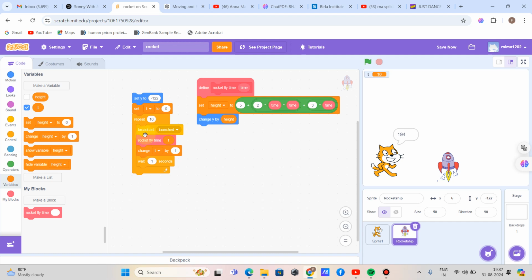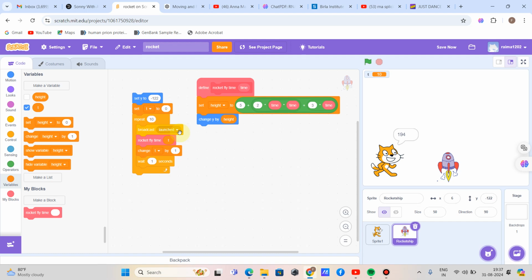Then I used another block named broadcast. So what does the broadcast block do? We can understand it with this simple example. We all have played the telephone game where one paper cup is attached to another paper cup using a string. If one person wants to make a call with the cup, then he just pulls the string.